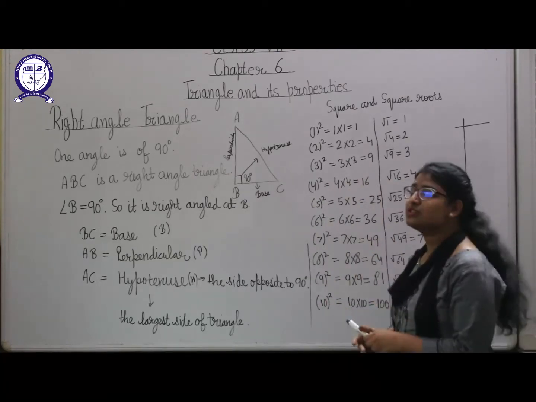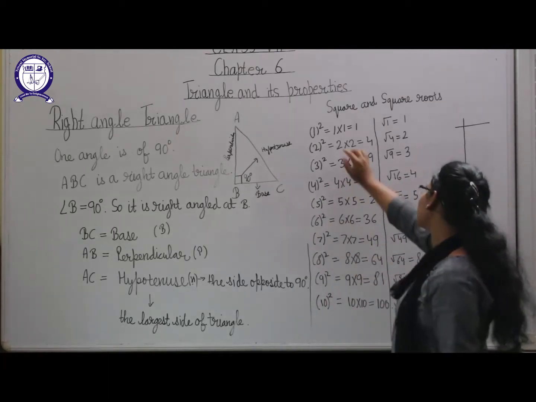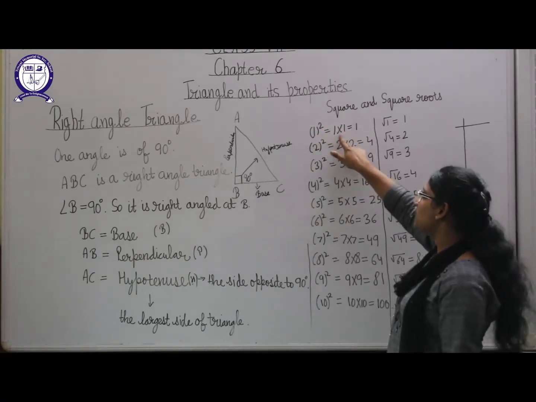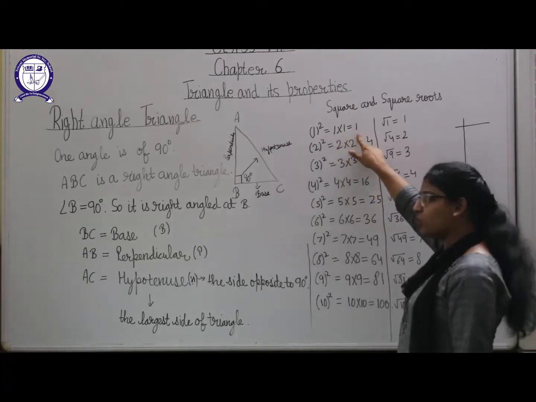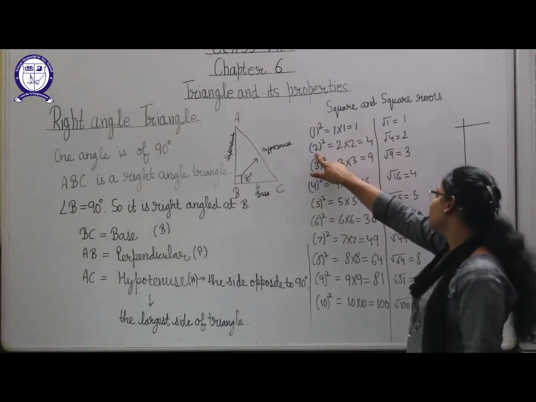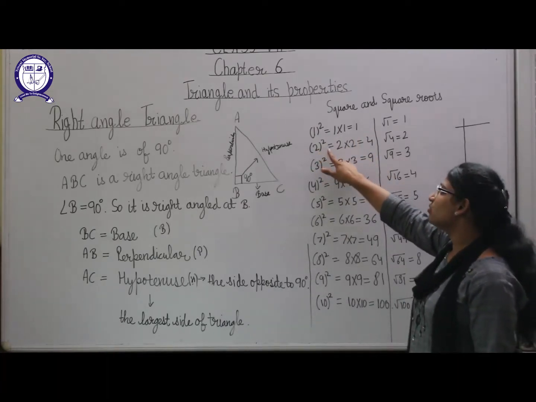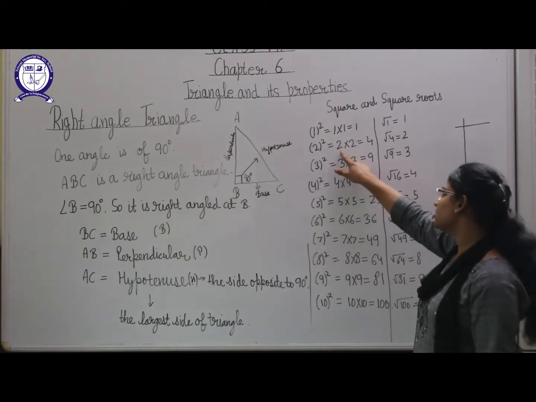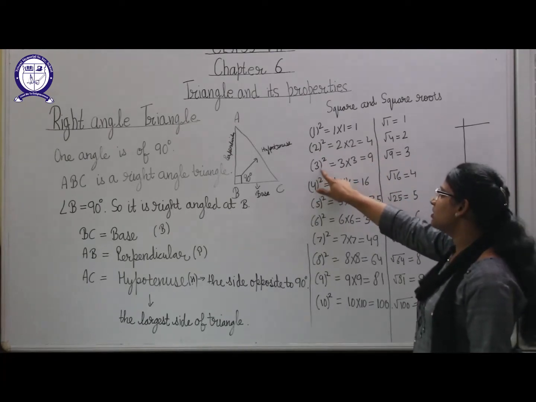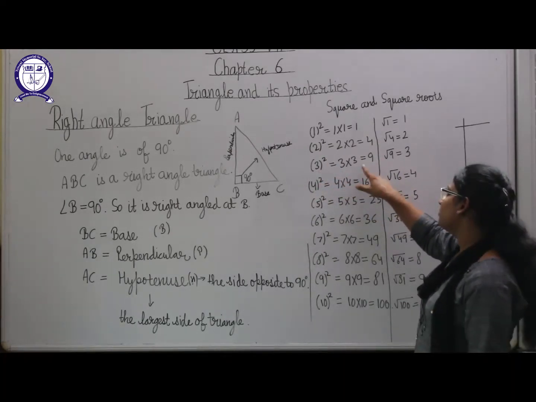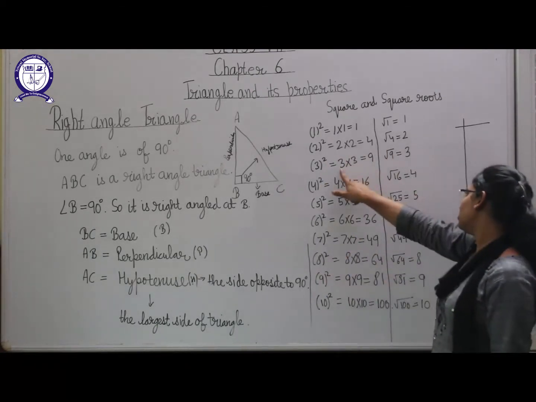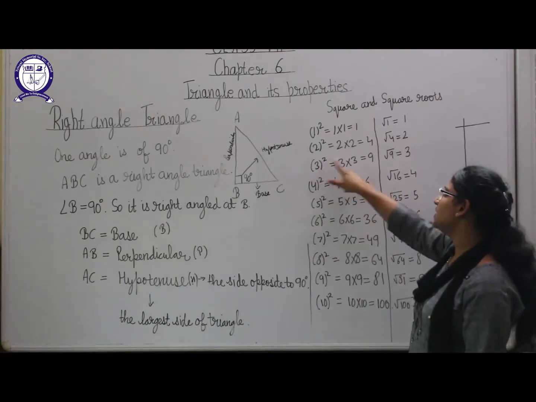And how do we solve a square? We solve a square by multiplying that digit by itself. Here it is 1 square. 1 square means 1 multiply 1, and 1 one is 1. So square of 1 is 1. Now square of 2 means we have to write 2 two times, 2 multiply 2 is 4. So square of 2 is 4. Now 3 square means 3 into 3. Square means we have to write that number in multiplication 2 times. So 3 into 3 is 9. So square of 3 is 9.